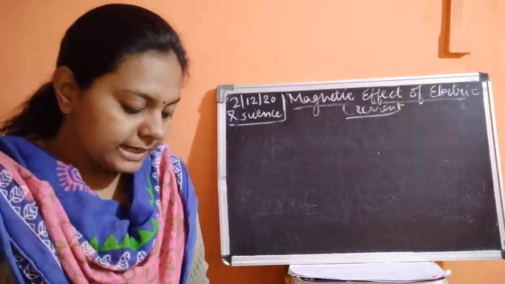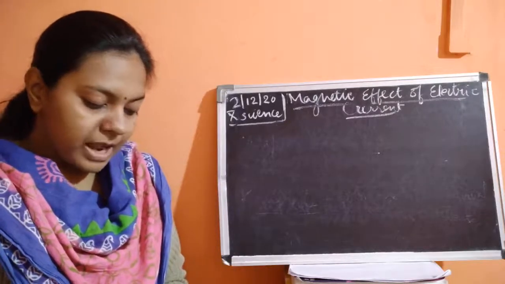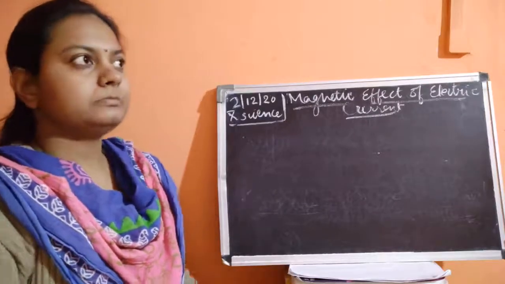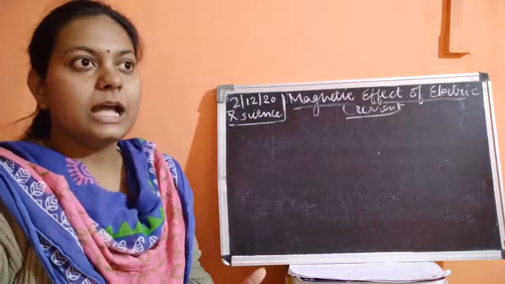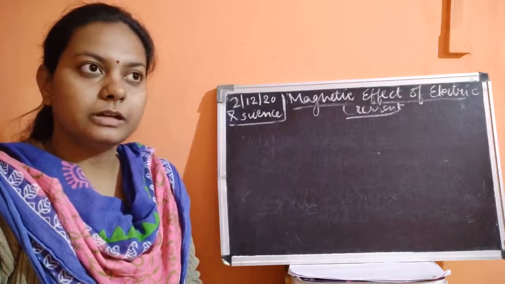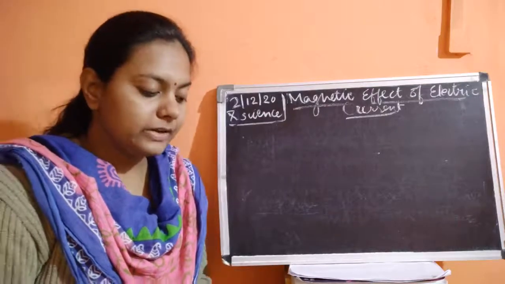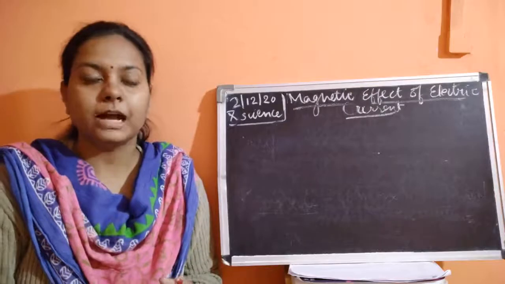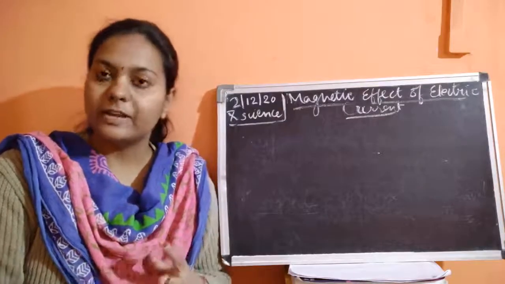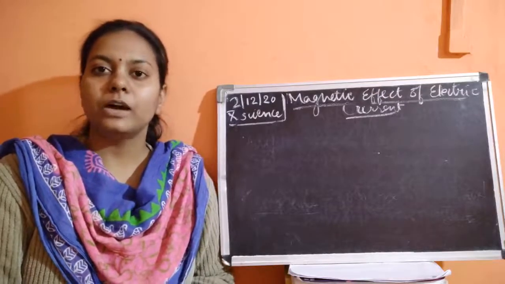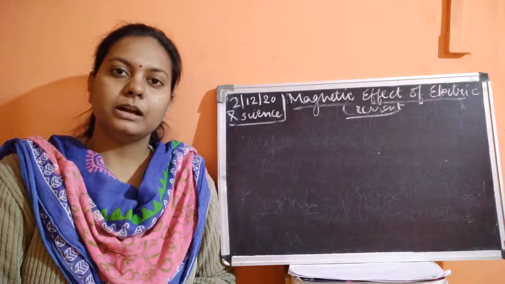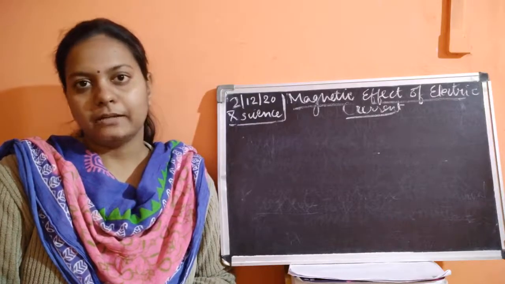Secondly, we discussed that the magnetic field lines of force are very close to each other near the poles, and when we move away from the poles of the magnet, the field is not as strong. Why is it not as strong? Because the poles of the bar magnet have a very strong magnetic field, whereas if we move away from the poles, there is less force of attraction from that magnet.